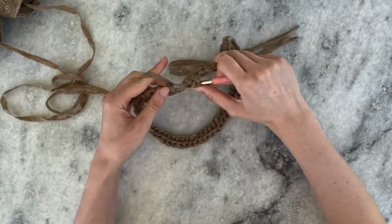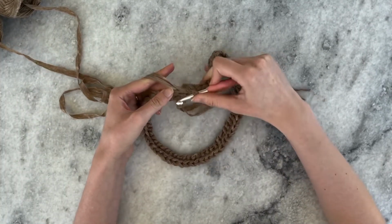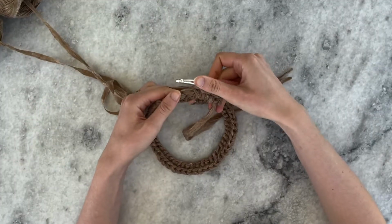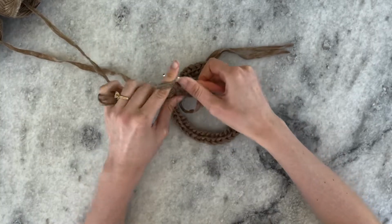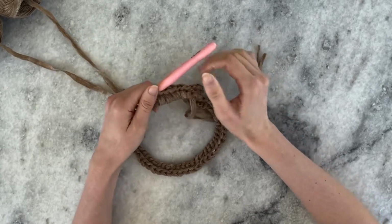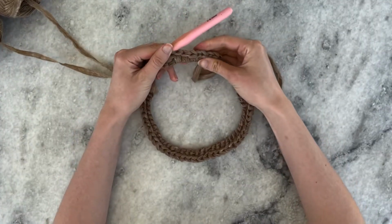So you can see it's pretty easy. It kind of helps if you hold the other side with your right hand just to keep it laying flat. You want to make sure that when you're pulling these single crochets up, you're not doing it too tight or too loose. You just want them all to be a nice even tension, because if not, then you might have a few loops that are looser or tighter, but don't worry too much because they do kind of even out